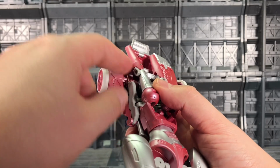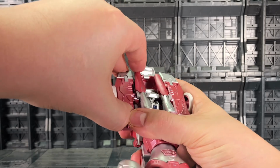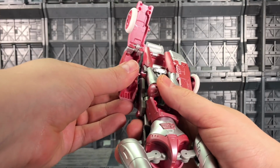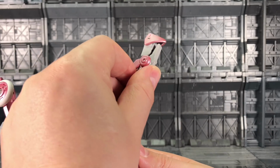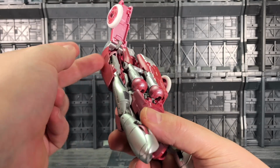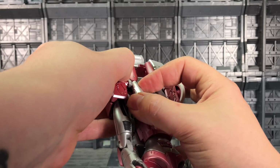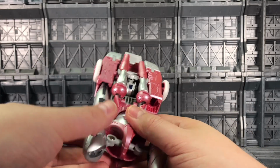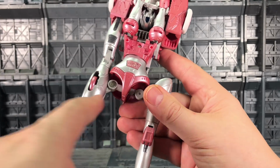You see we have this hole in the arm there. We will eventually line these up and tab those in, but for now you want to just bring it up, and we want to flip this tab open like so. We can then bring the foot in. Make sure this heel piece flicks up, so this is kind of a rectangle shape, and then that's going to flip down. That's going to slide and slot into there. We can then bring this case back down, tab that in, and then that's going to tab into the elbow pad on those arms, and just make sure that we've got this kind of shape here on the crotch,